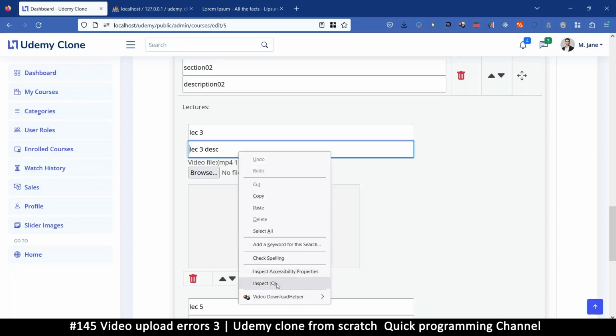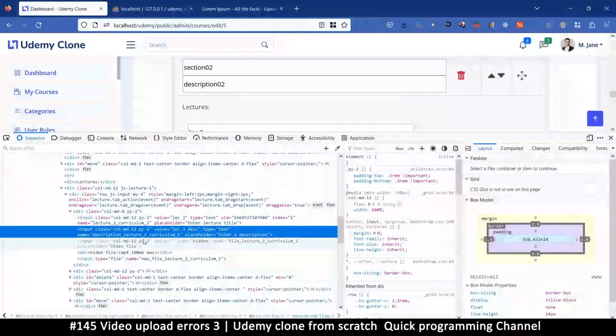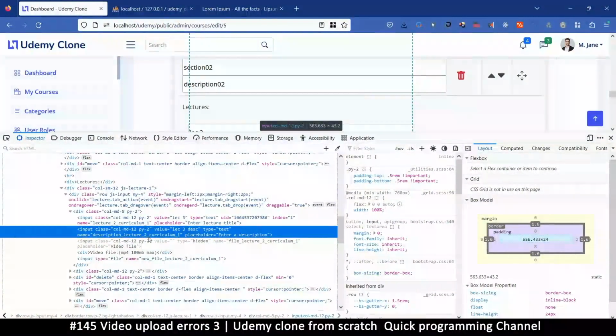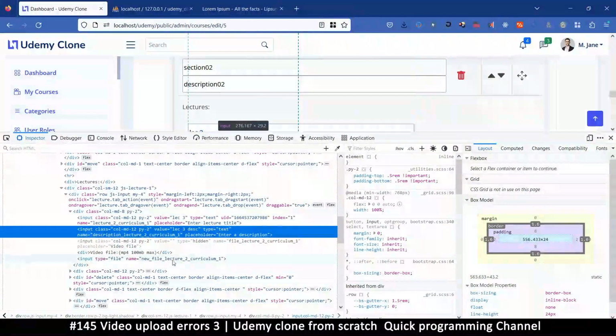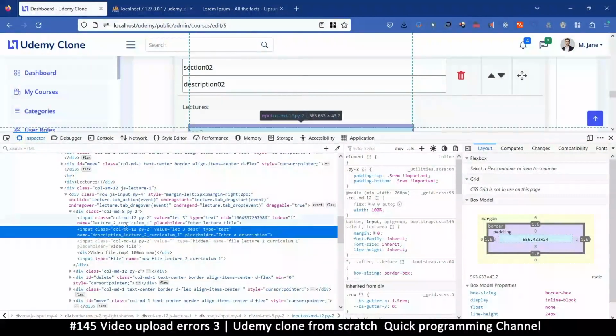So let me inspect one more time. Let's see here. Curriculum 1, okay, that's fine. Lecture, why is it lecture 2 is the question. Description lecture 2, okay. Same thing here, new file lecture 2, curriculum 1. So all this is all good, but